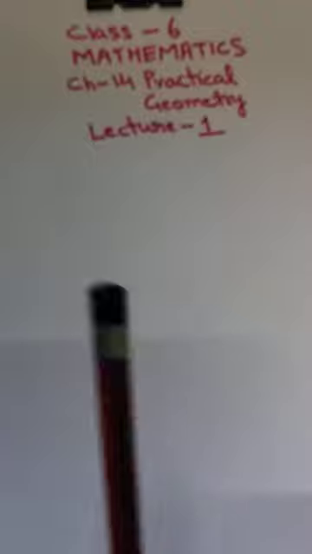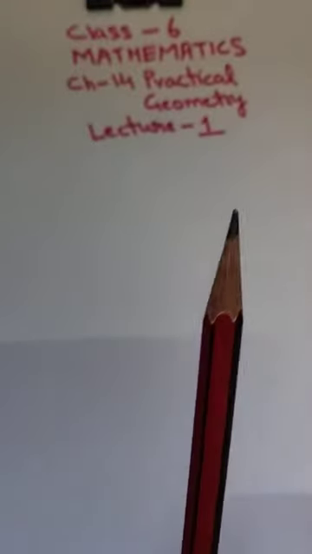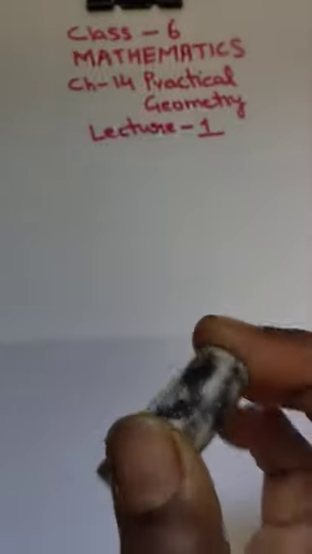Another sharp pencil and an eraser to rub any incorrect work. Make sure that your geometrical instruments are in good condition with accurate marking on them and your compass is reasonably tight. Your drawing must be neat and clean. This is the first rule in geometry, that whatever you are making, it must be neat and clean.